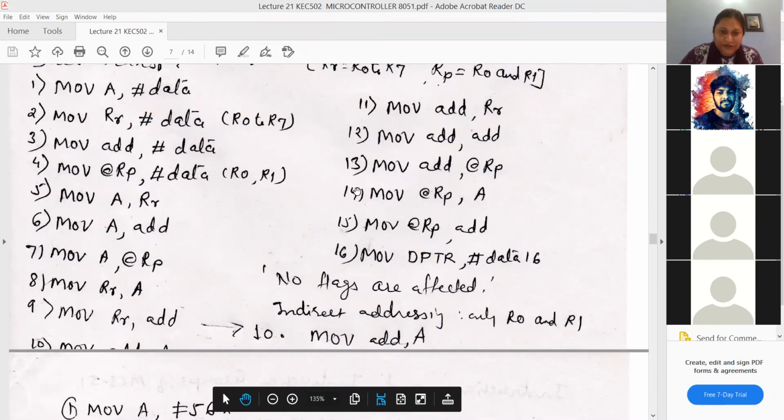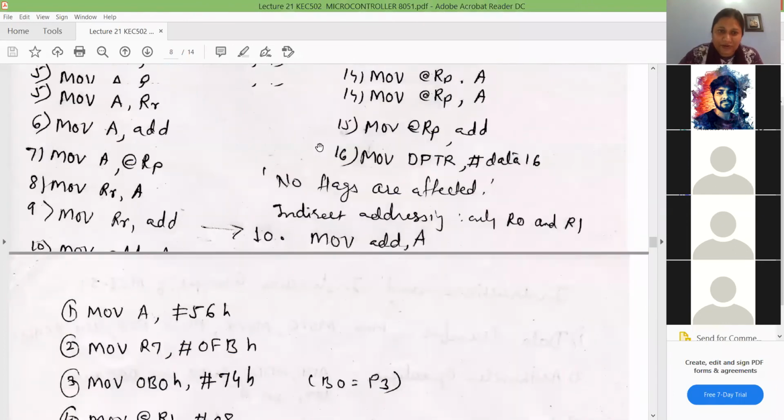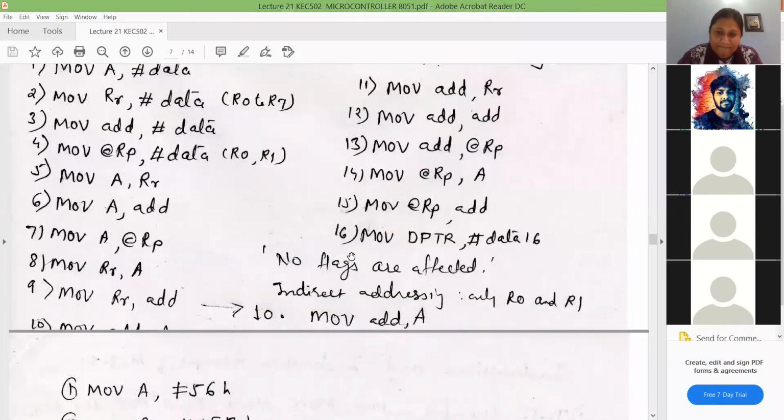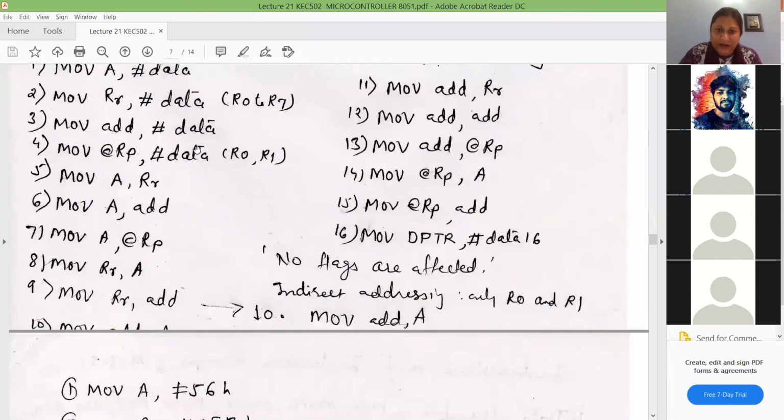Yeah, sorry, actually. Did you understand these instructions? Yes, ma'am. So all are clear. If I write move Rn comma hash data, then it will be 8 instructions. Likewise we have these 16 types of categories. Apart from this, there are no other move instructions. These are the only categories. I have sorted this out so that you should not be confused. There will not be any other combinations apart from this.